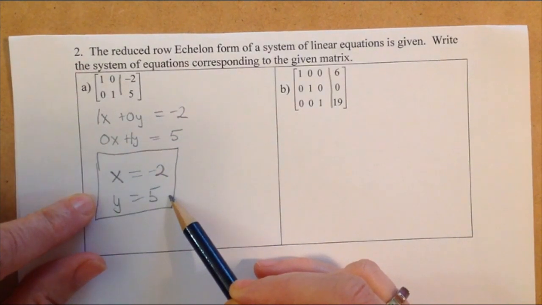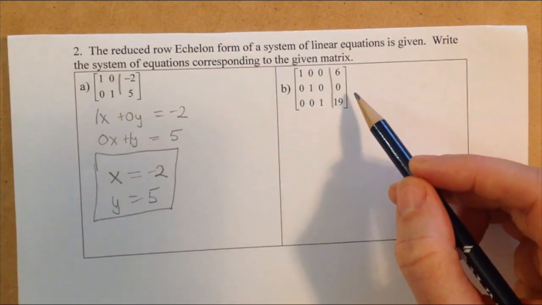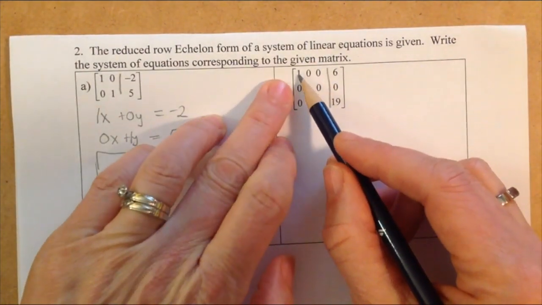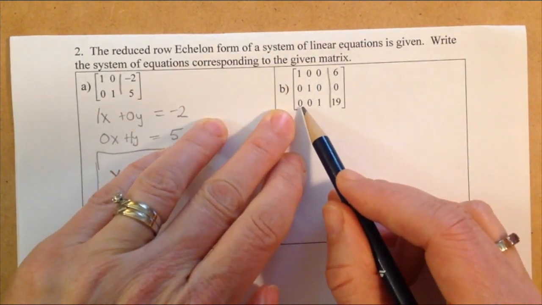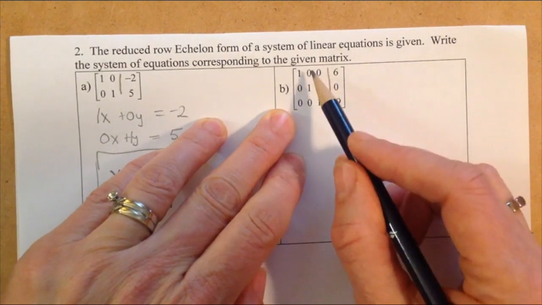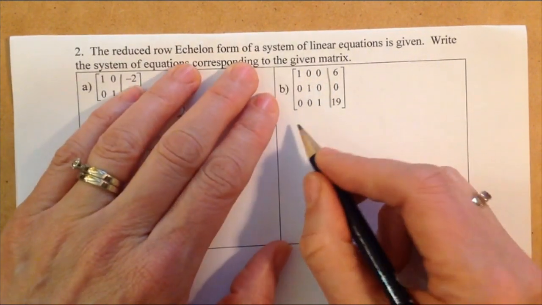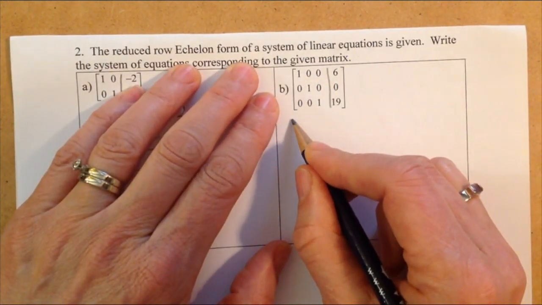system of equations. Now if we look at the second one, this one has 3 columns before our dividing bar here, so I'm going to have 3 different variables. I can use x, y, and z, that's fine, but sometimes I notice the textbook likes to use subscripts, so